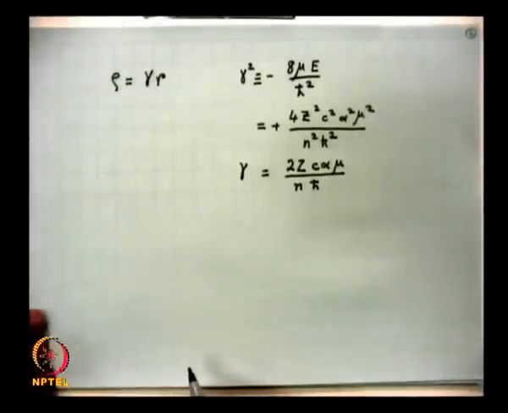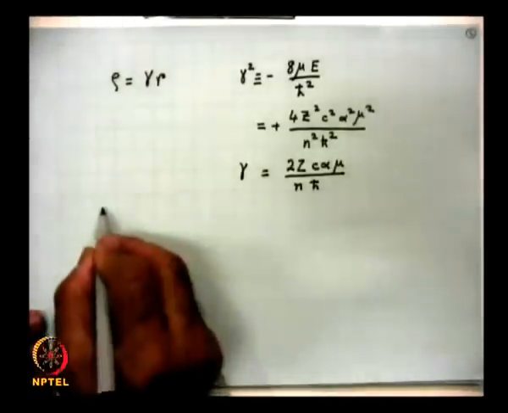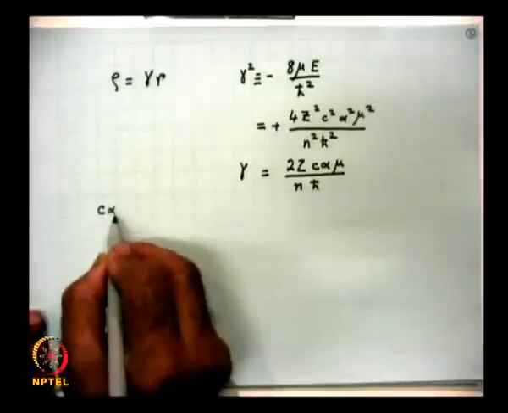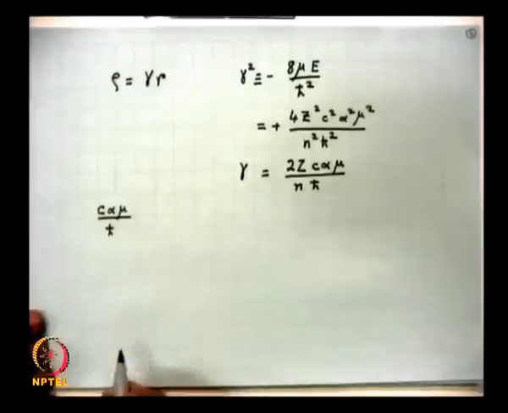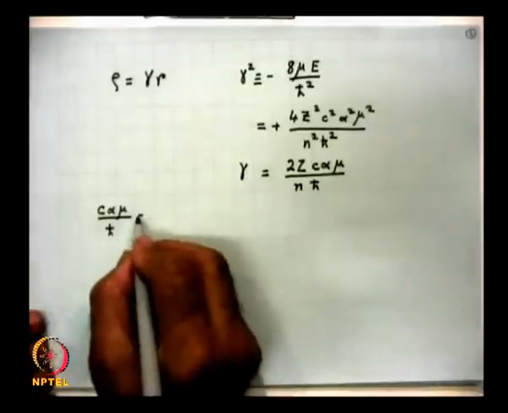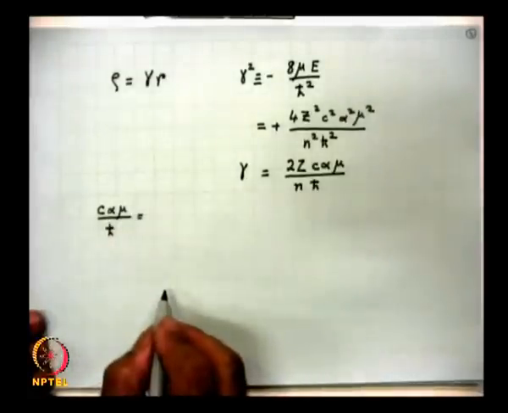Now, the quantity c alpha mu by h cross, this is equal to, since alpha is equal to e square by h cross c,